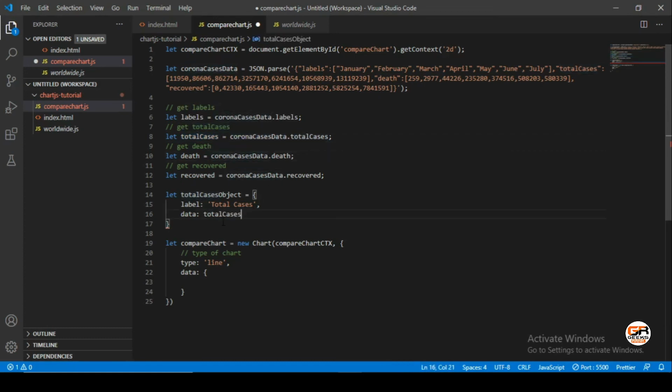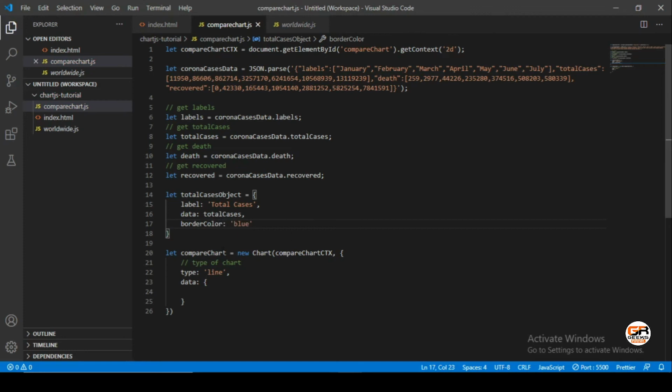Just pass the data here, and make the border color blue. Just like this total case object, we will create two other objects for death and recovered cases.